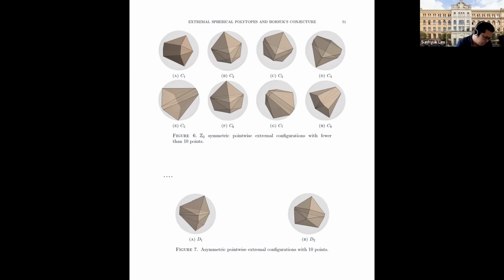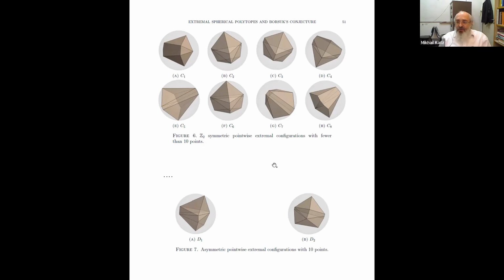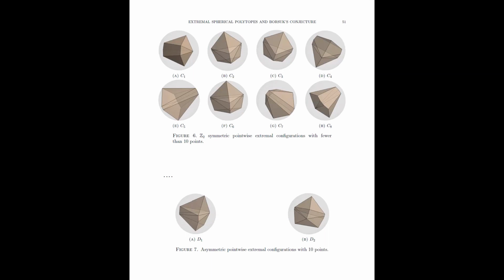Thank you. I have a question. What is the simplest example of an extremal but not pointwise extremal set? So I get the report here that your internet connection is unstable. Can you still hear me? Yeah, we can hear you. Why don't you please ask the question again? So what is the simplest example of an extremal but not pointwise extremal set?